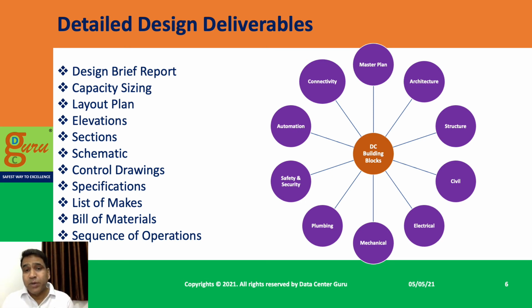Also, a very, very important part is sequence of operations. Normally we lack a lot there. So we have to create different scenarios in the data center, and in that scenario, how the sequence of different equipments are operating. Let us say we want to do maintenance on a specific panel. What is the sequence to operate, how are other associated components, equipments or systems getting impacted, and how you have to do it.